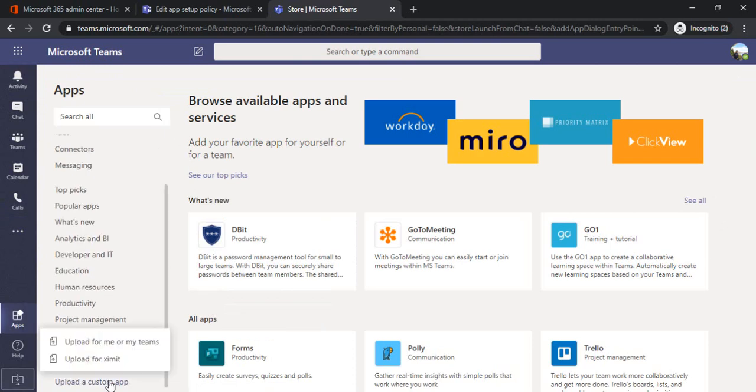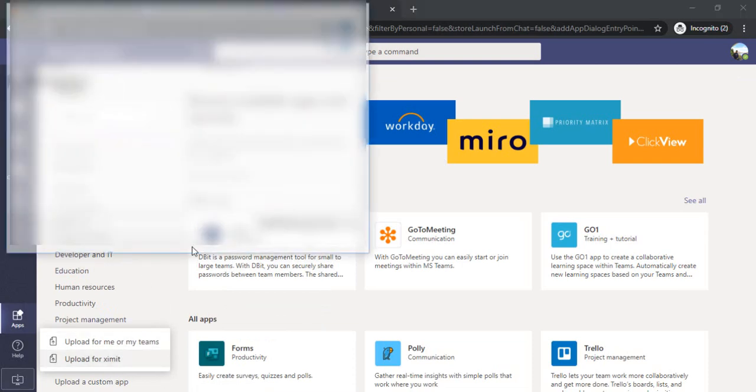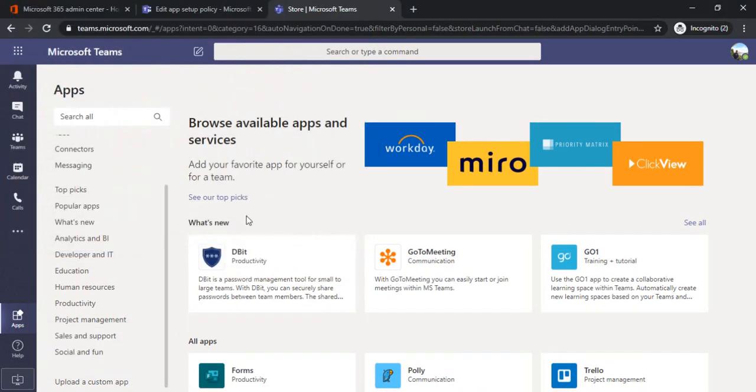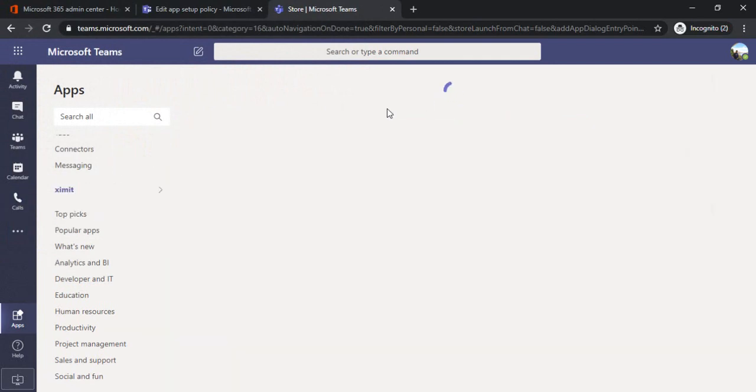Because my app is downloaded as a zip file, I'll be uploading that zip file. I'll find my intranet zip. Alright, so my file is being uploaded. Now you can see my file is there.